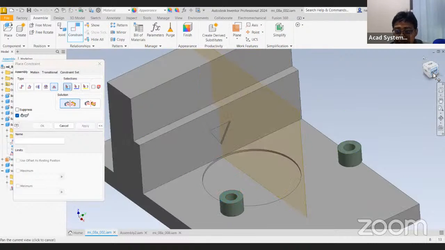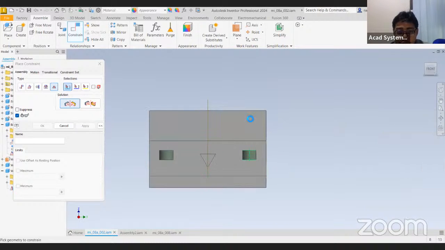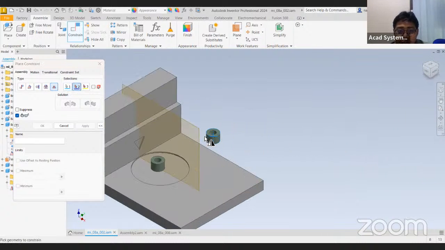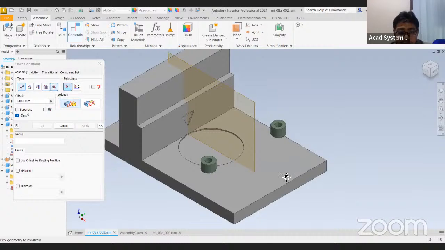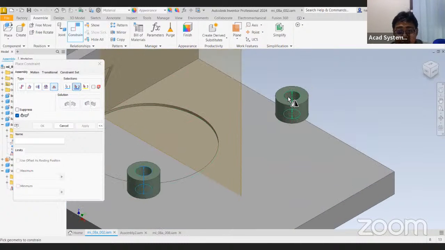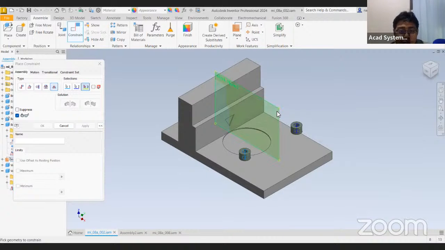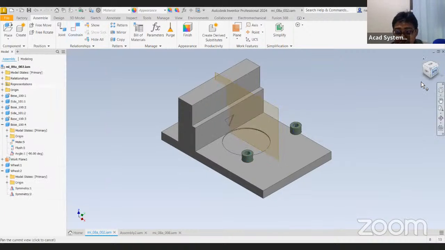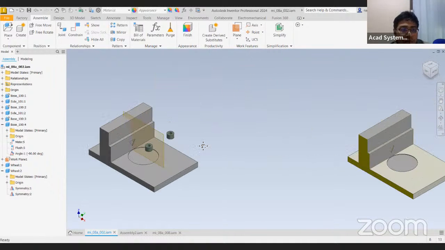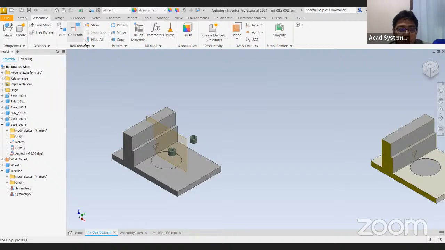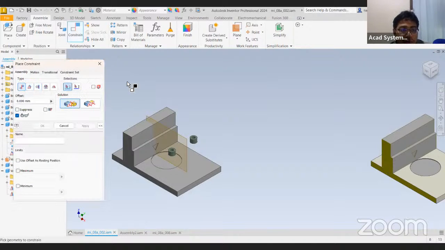When I hit apply, you see from the front view over here, if I try to move up, that one will move up as well. But if I try to move away, this one does not change because we only snap for the top face here. So what I can do is the same thing for the axis as well. I can find the axis, and I can find the mirror plane, apply. If I go back to the front view, then you will see it is now symmetrically mirrored. Right, so that concludes our course for today, which is constraint tools to assemble the files inside of